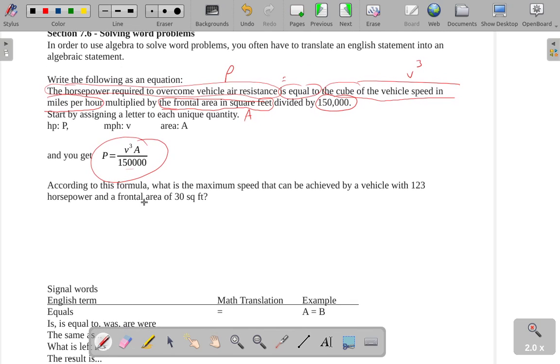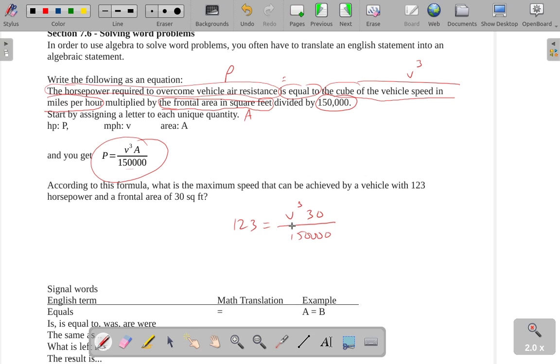Now if we wanted to use this formula, we could figure out what is the maximum speed that can be achieved by a vehicle with 123 horsepower and a frontal area of 30 square feet. So I'm just going to plug in the numbers that we need. The numbers we're given: the horsepower, 123 equals v cubed times A, that's 30, divided by 150,000. If I want to solve this for v cubed,